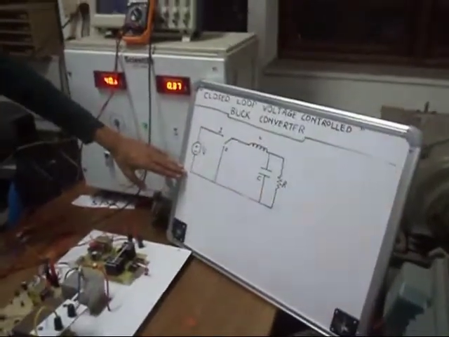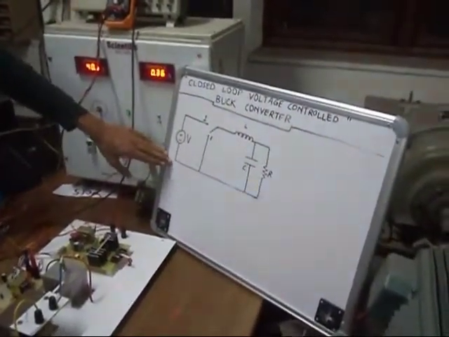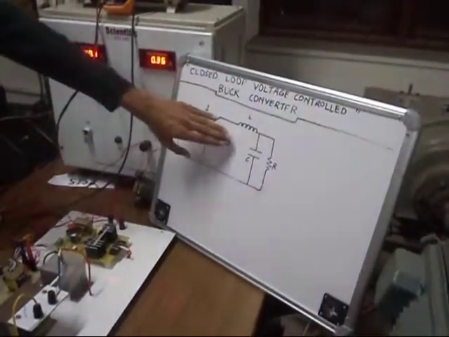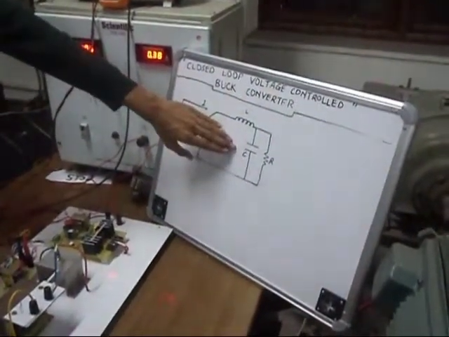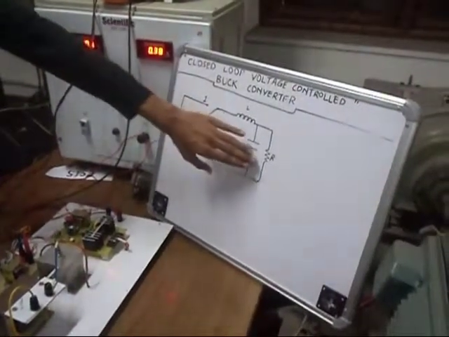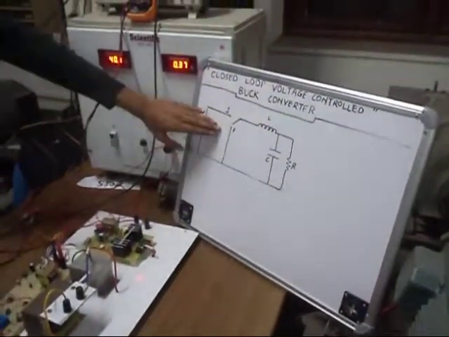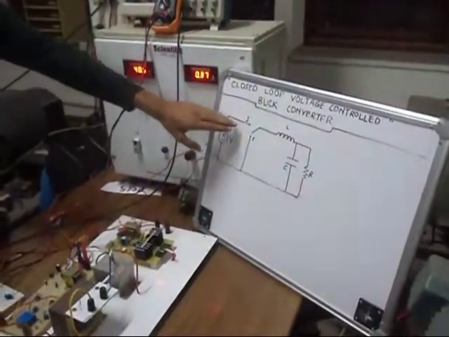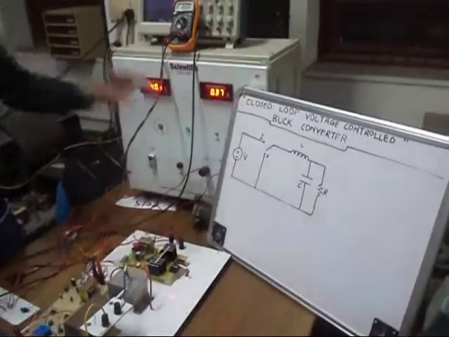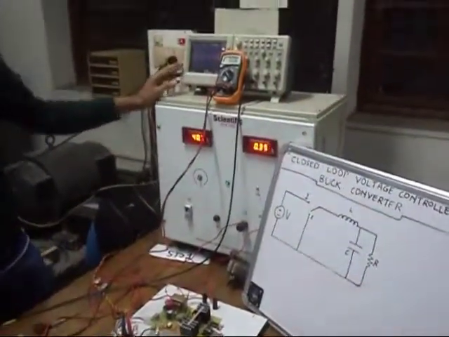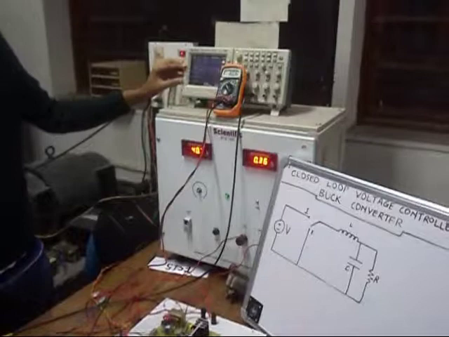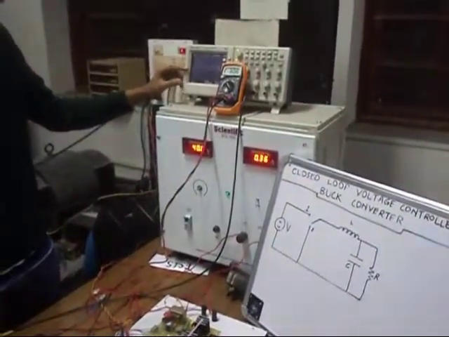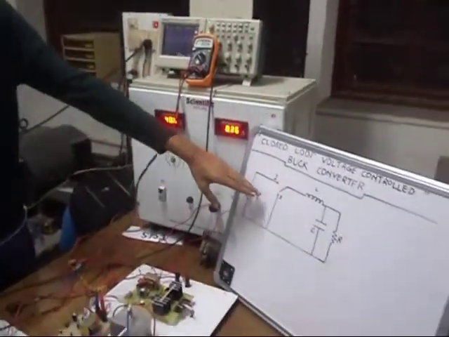It is mainly the topology, and the components used here are a voltage source V, one switch which has two positions, 1 and 2, one inductor L, one capacitor C which is working as a filter, and this is our load R. The position 1 corresponds to the on state, the on duty cycle. In the square waveform, the upper part at position 1 corresponds to switch position number 1, and the lower part, 0, corresponds to switch position 2.